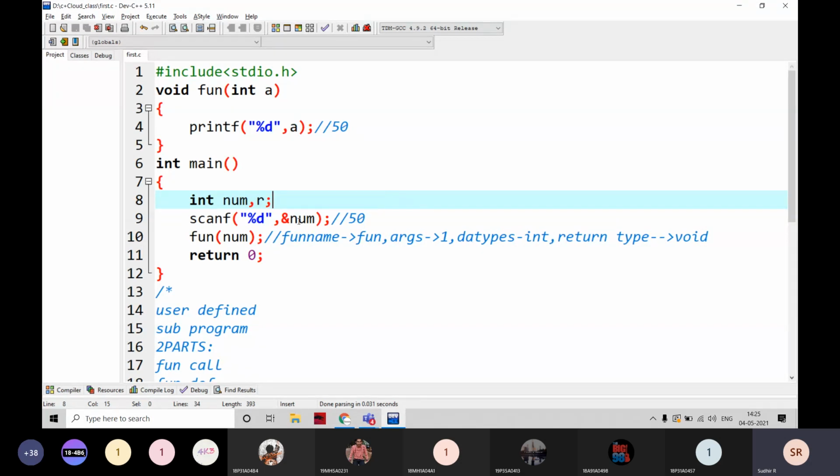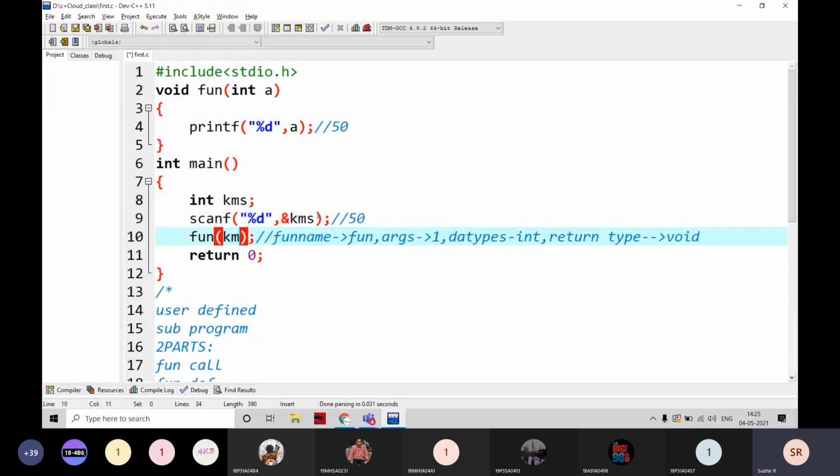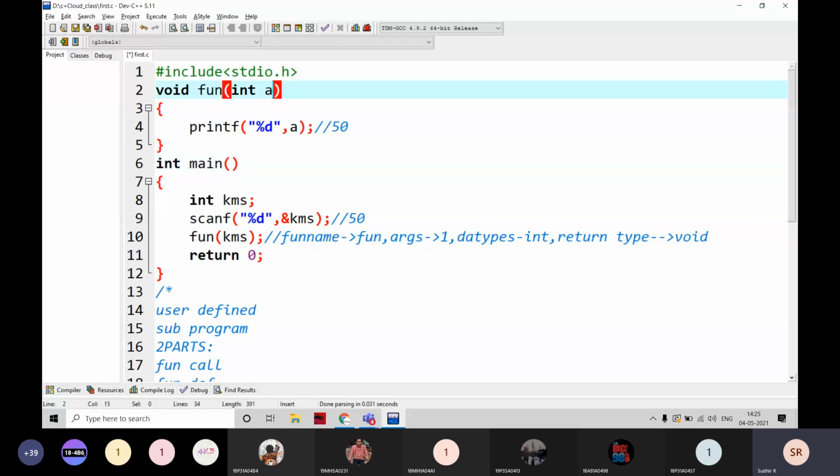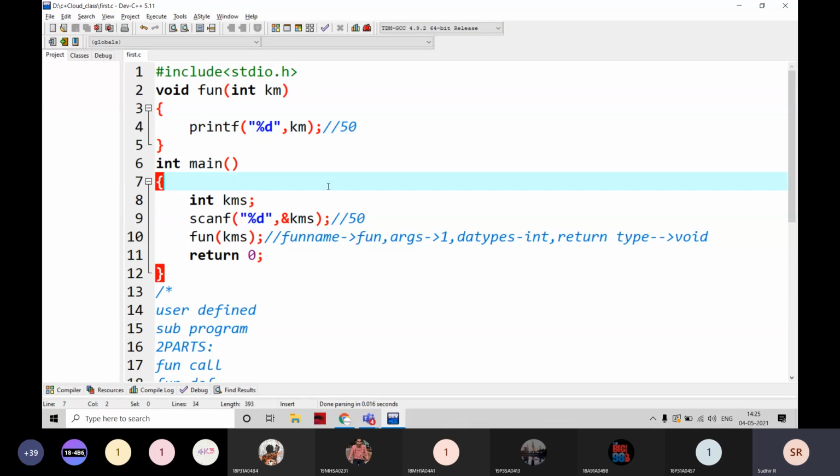We write KMS, and here we are reading as KMS, and we are passing as KMS, and here we are going to take KM. We are passing it as KM. What is the output here? For example, if I read 50,